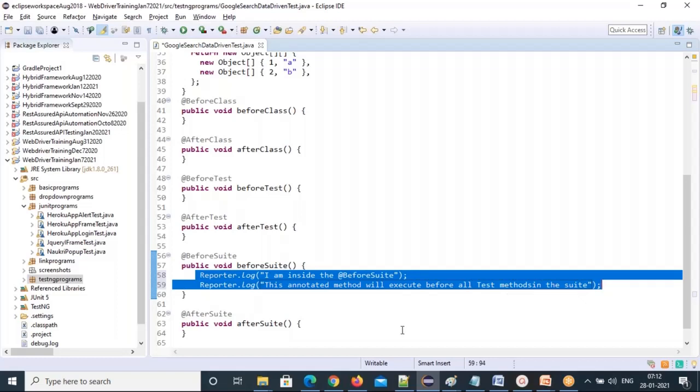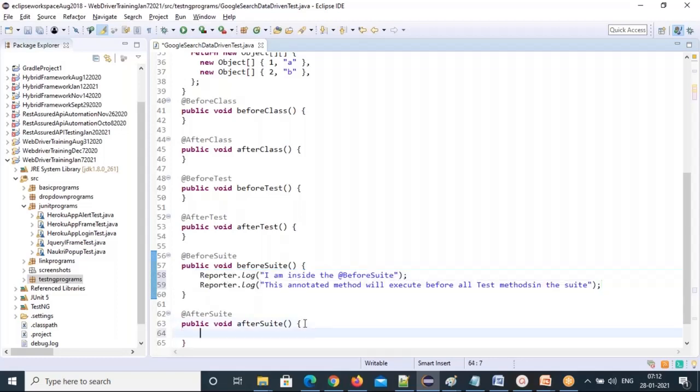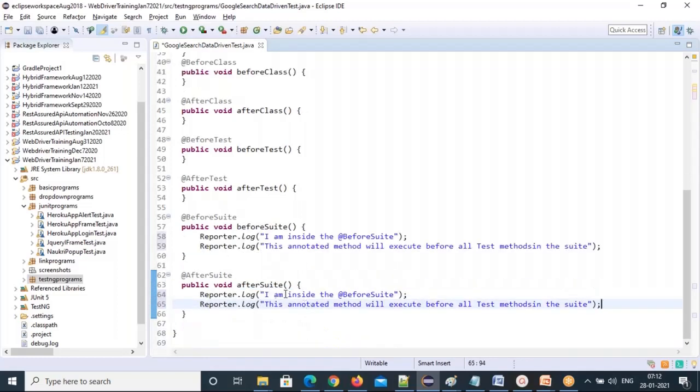Same, I'll repeat in the AfterSuite also. So just write, I'm inside the AfterSuite annotation. Inside the AfterSuite annotation, I'm writing some code. Then you have reporter.log.